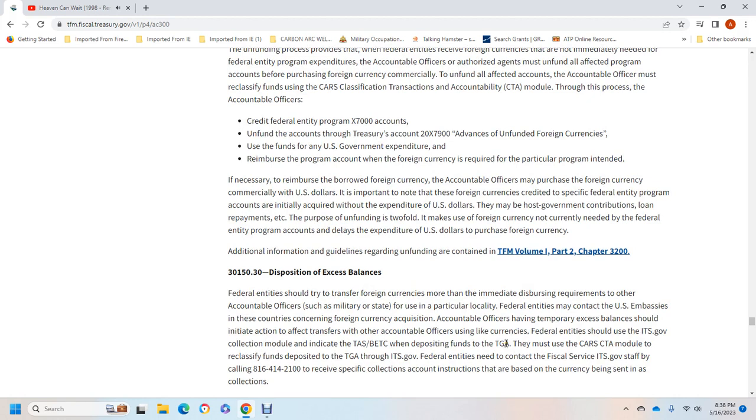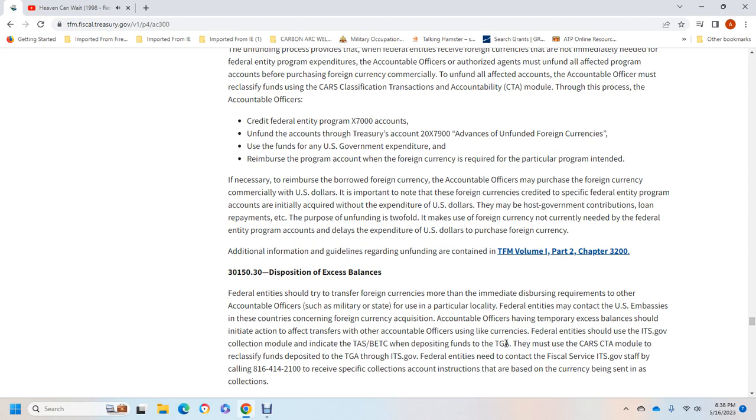Federal entities may be in contact with the U.S. Embassy for the country concerned regarding the foreign currency. For the acquisition, the accountable officer may temporarily hold the balance should the initiative of the action affect the transfer. For the federal entity, use the International Treasury System collection module, indicating the Treasury accounting system symbol with the business entity